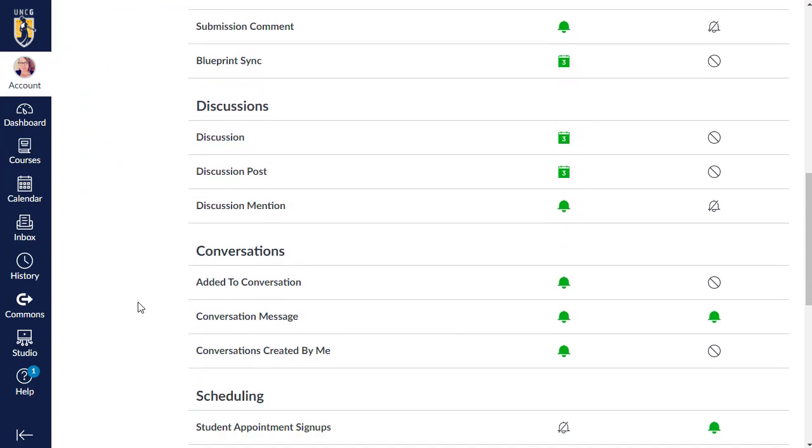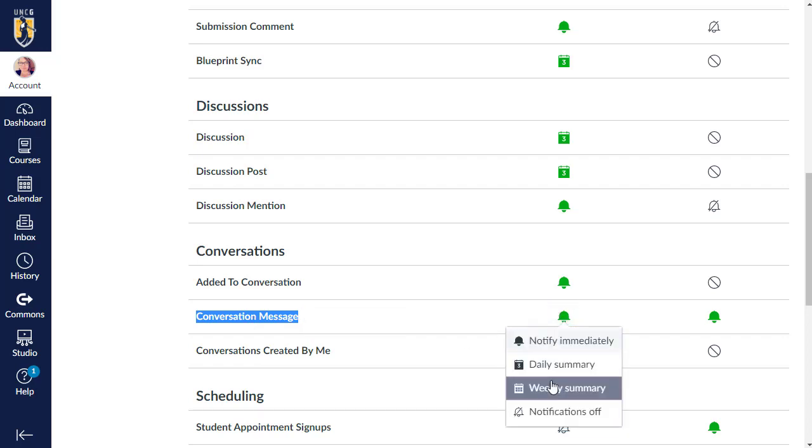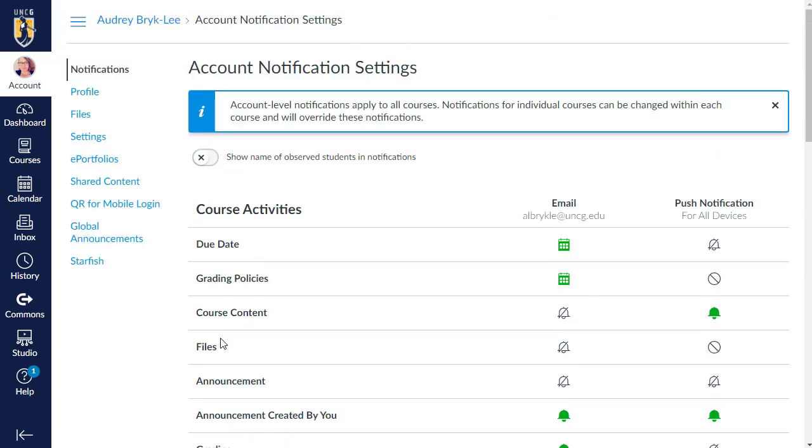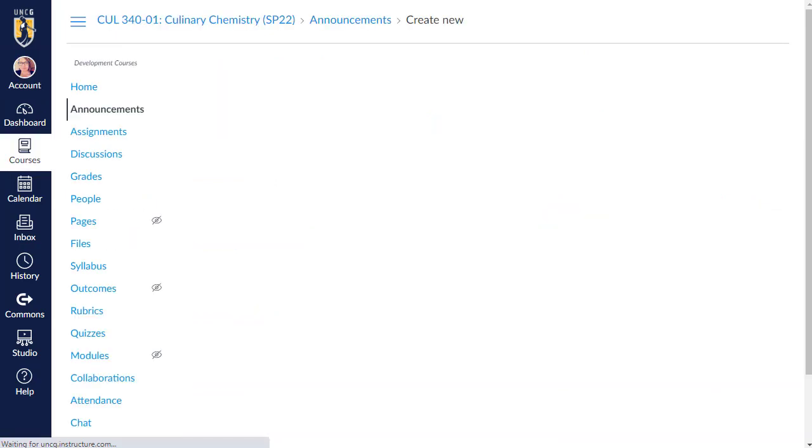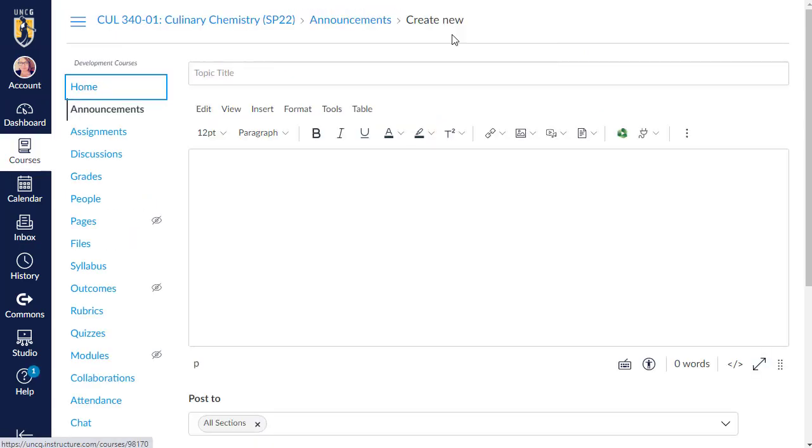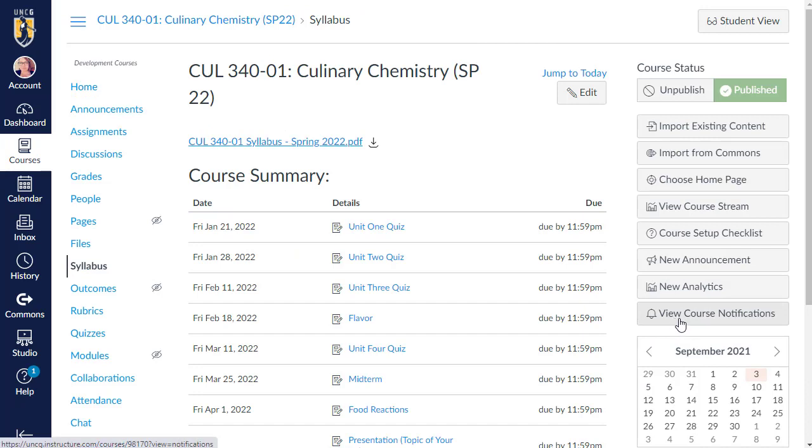And it's the same with the inbox. This is called Canvas Conversations, this inbox, and you can see there's one here, Conversation Message. This is to be notified for a new message in your inbox. It's not automatically going to go to students' email or their app on the device unless they have it set that way. They can also get a summary daily or weekly. So just make sure that they're doing that at least for your course. They can also set these notification preferences up for your course alone by clicking this View Course Notifications button